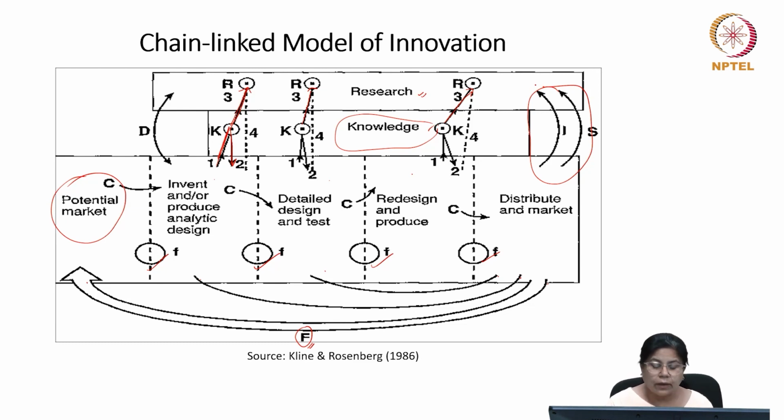For instance, they pointed out that without a microscope, clearly we do not have the work of Pasteur, so no modern medicine. Without a telescope, of course, Galileo's work would not have been there, and we would not have been able to see the modern developments in astronomy. So, learning from these kinds of examples, they said that the existing instruments which are available in the market also feed into the development of the research, and that is where this link is being provided. So now we have understood an interlink between I and S also, whereby they contribute to this.